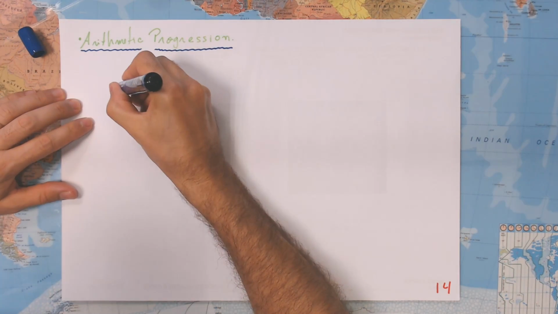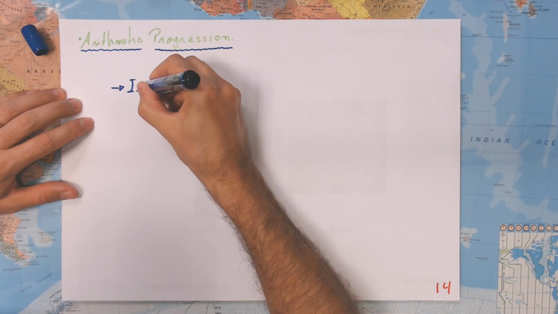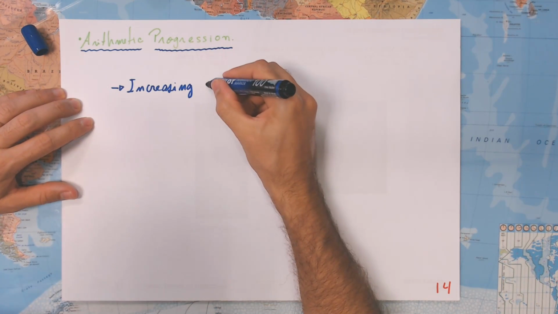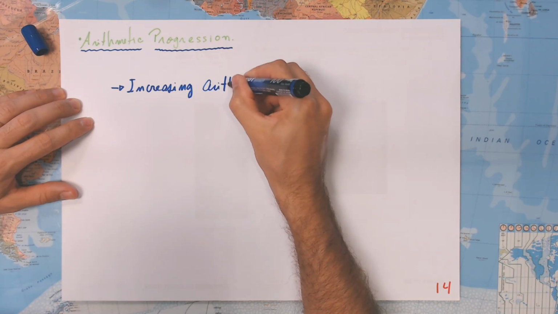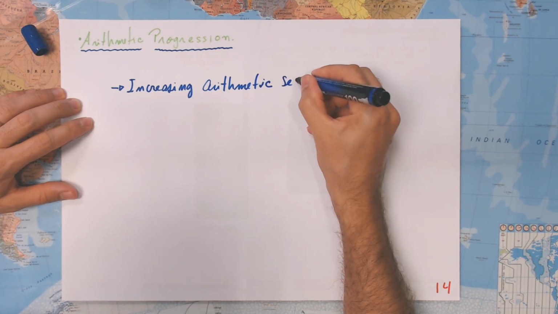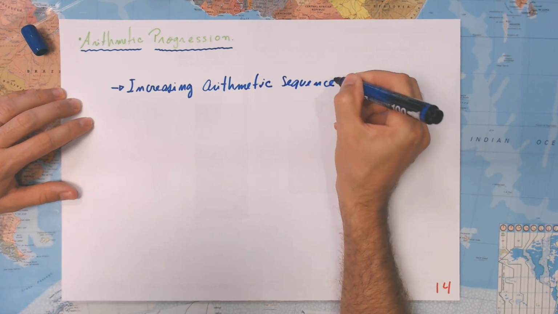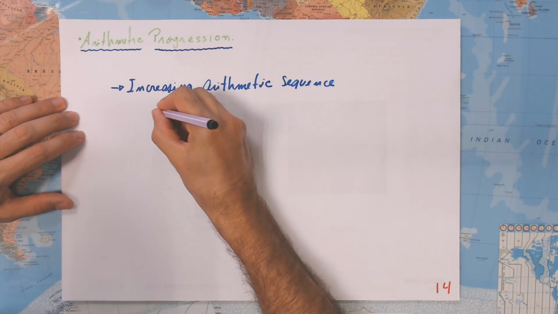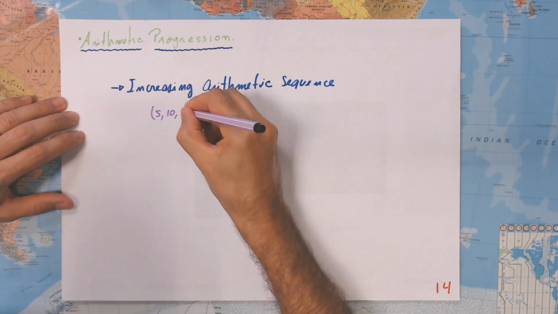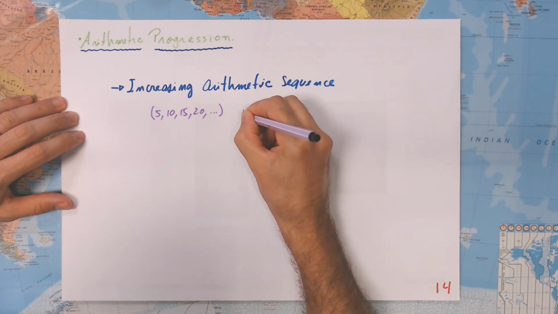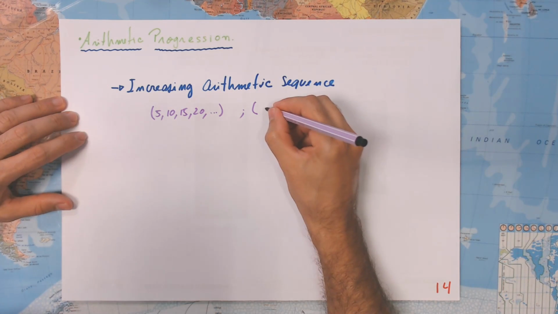They are an increasing arithmetic sequence, and in this case we are going to have sequences like 5, 10, 15, 20, or we could have maybe